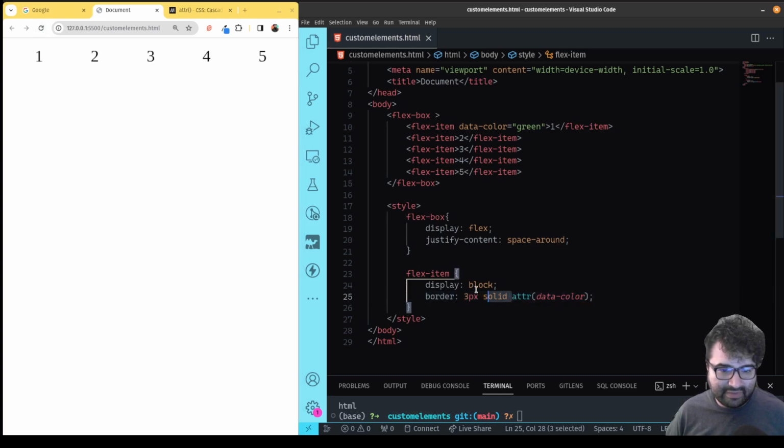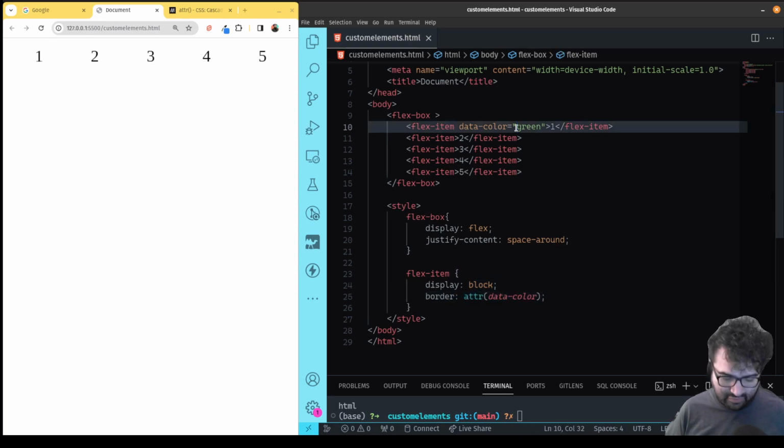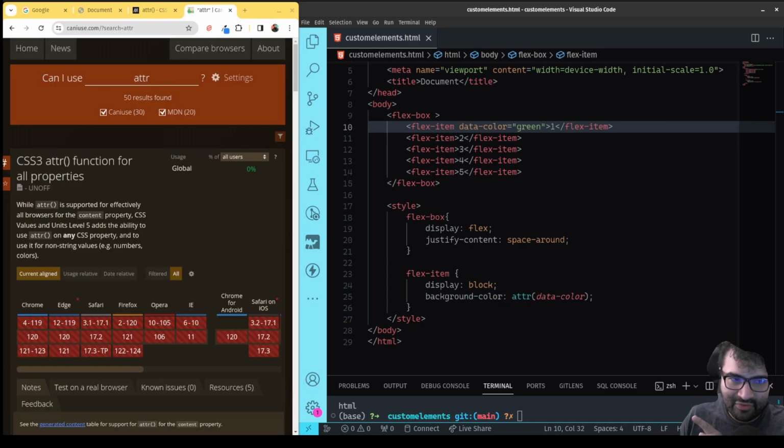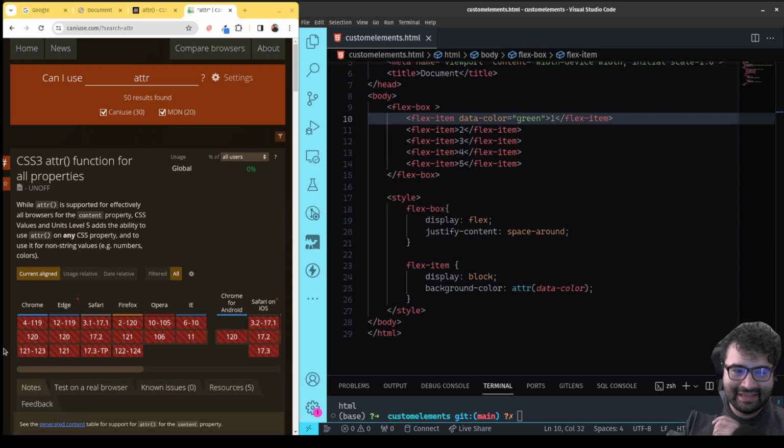So let's see if we do this. Add attr data-color, and if I were to do here 3 pixels solid green. Cool. Okay, so I did nothing wrong, but technically this particular property in CSS isn't quite widely supported across browsers